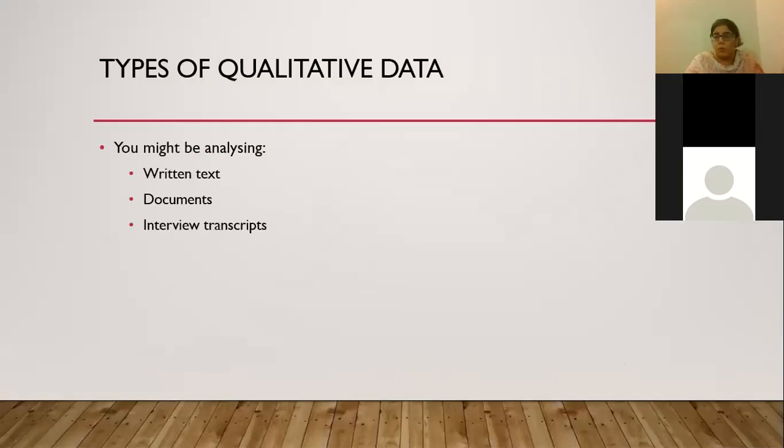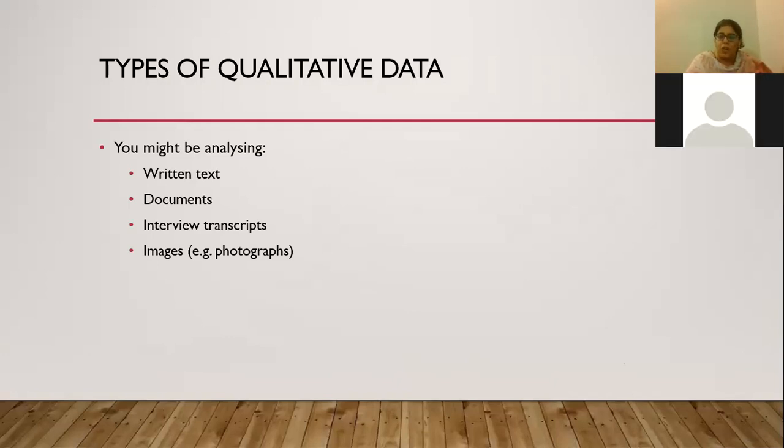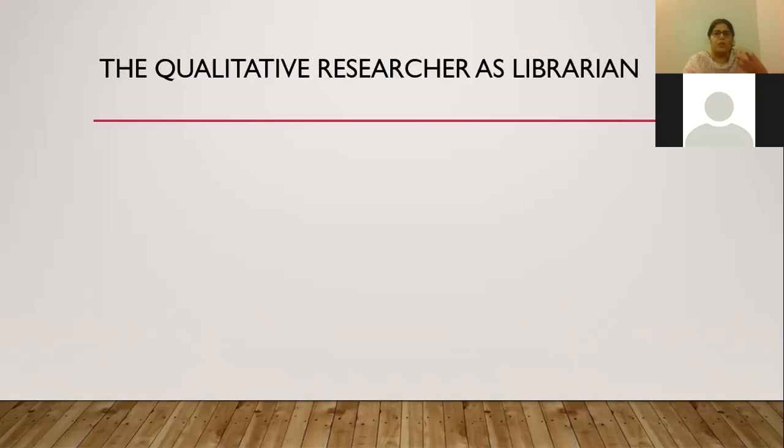Your notes from an observation can be your data. Any images, any photographs that you take, can be data. You can analyze photographs as well. You can analyze videos as well. And field notes of observations are also data. All right, so we've got a lot of different types of data. So what does a qualitative researcher do? The qualitative researcher works like a librarian, you know. So you have got a lot of data and you want to,